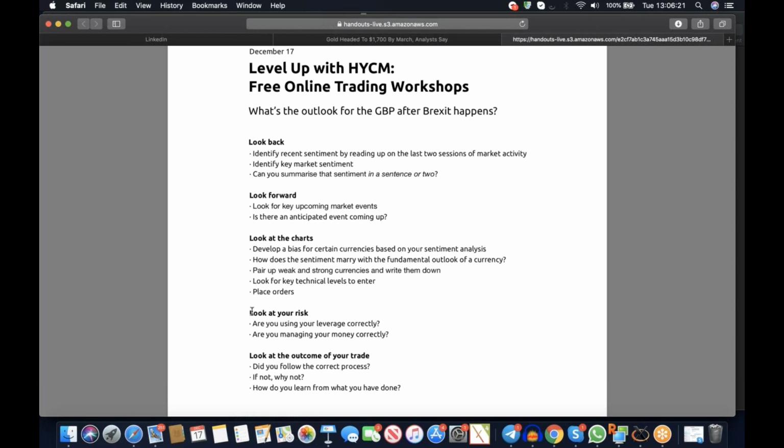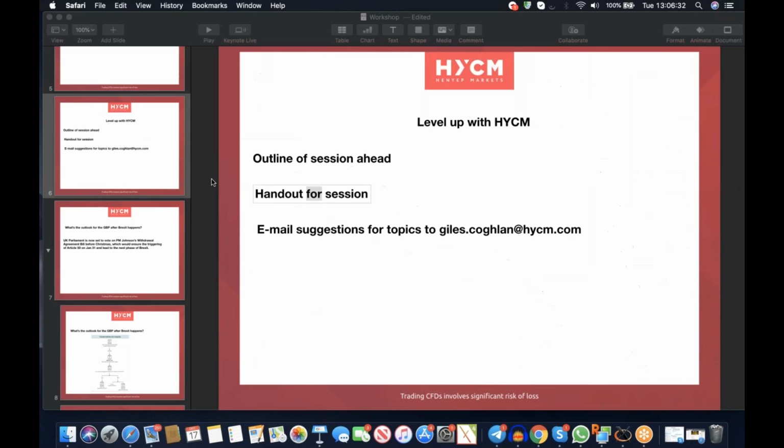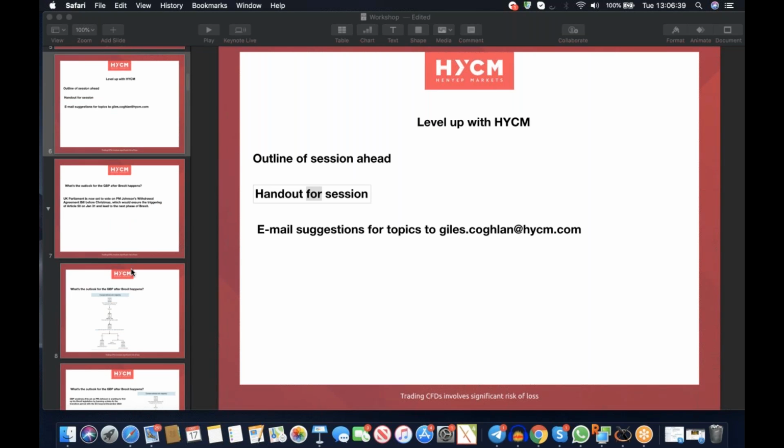I'm going to be showing you how I do this, and how I decide which currency pair I want to trade. I'll go through that, and we'll be looking at some commodities as well. We're going to have a quick look at gold today, and I'm going to be running through some of the big issues going on for gold, because there's potentially a very strong January coming up, and if we get fundamentals and technicals coming together, then we could see a lot of upside in gold possibly. So I want to run that through to you and show you the kind of risk factors and the things I'm looking for when it comes to gold.